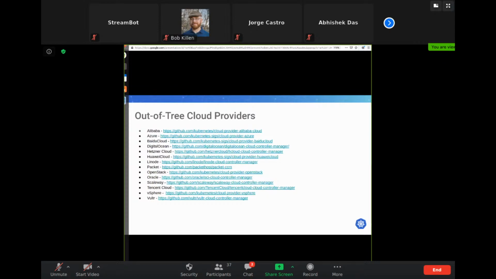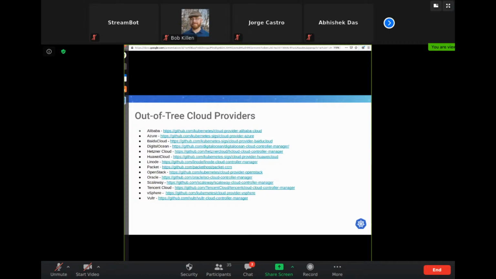So within our larger ecosystem, we have quite a lot of the external or out-of-tree cloud providers, as you can see. And we actually have significantly more external providers at this point than the original in-tree providers in Kubernetes. This is the direction that we wanted to go early on, and clearly this out-of-tree external model is working. In this list, I've also included the out-of-tree versions of the in-tree providers that have